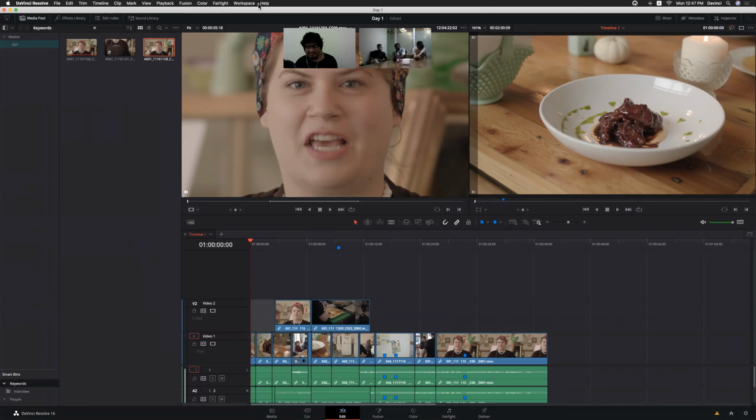Yeah, but in FCP7 also there is no detachable timeline option, I think. Can we move a timeline to a second monitor? Sorry? In FCP7, we can move the timeline window to a second monitor, dual monitor. Yeah, same thing we can do with DaVinci also, dual monitor.